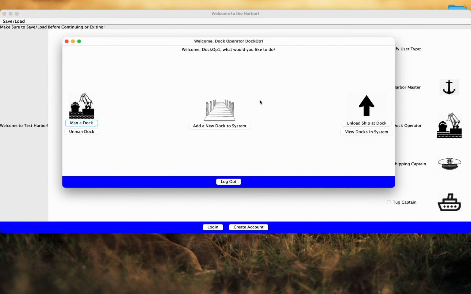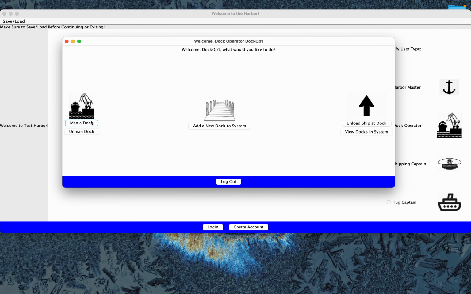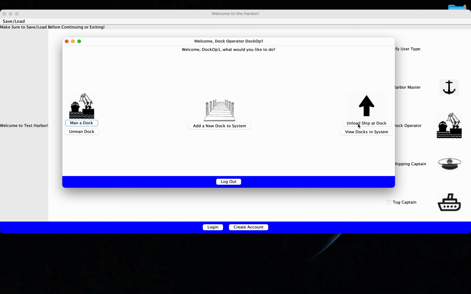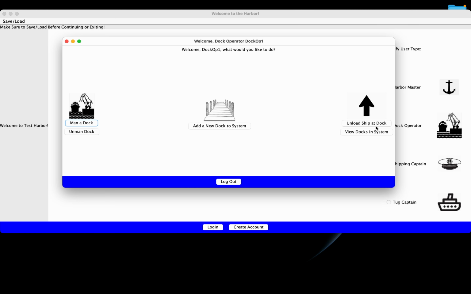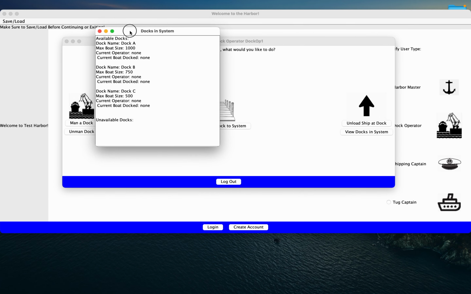Again, quite similar, but a few different options. Rather than captaining a ship, we can man or unman a dock, either clocking in or clocking out. We can unload a ship at a dock, and then we can view the current docks in the system. We can see that this